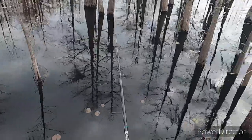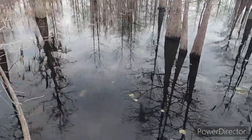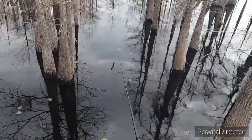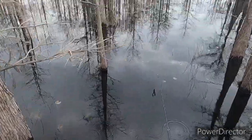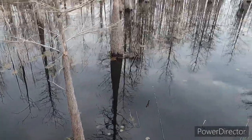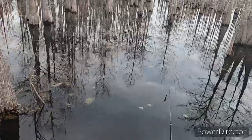That's what I say, if you can see how thick it is in this water. A lot of people think this water is real black. It ain't really that the water is black. You can see in it, the bottom of it is so dang dark. It really makes the water look,